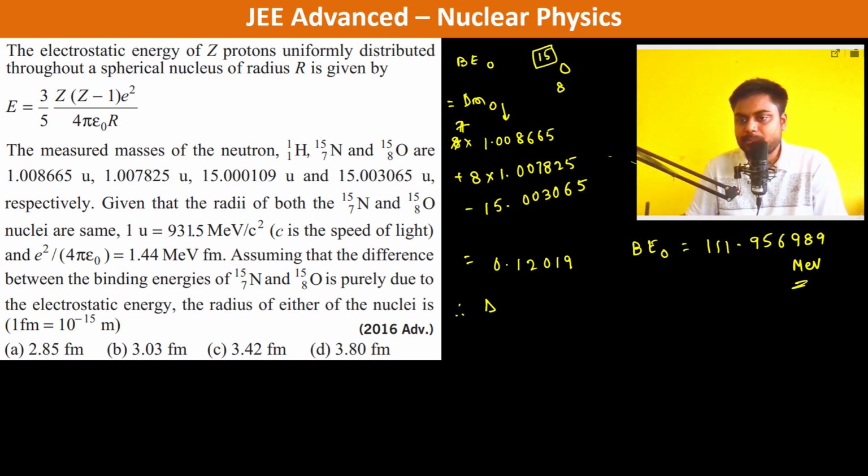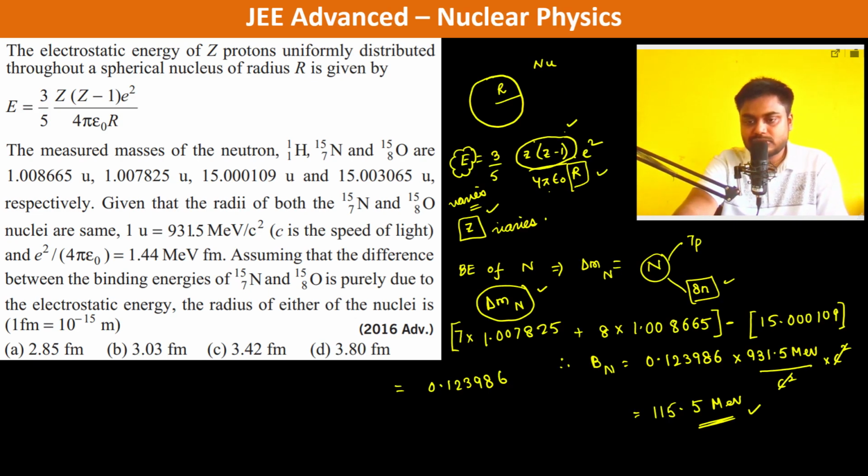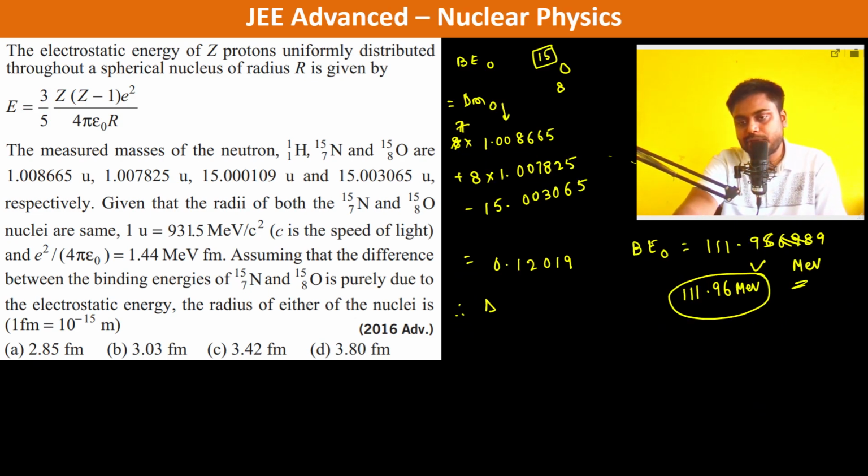Basically we write 96 only and we are neglecting the rest. So 111.96 mega electron volt. Now what is the difference? That was 115.5 and this is almost 112. So therefore the difference in binding energy is equal to,